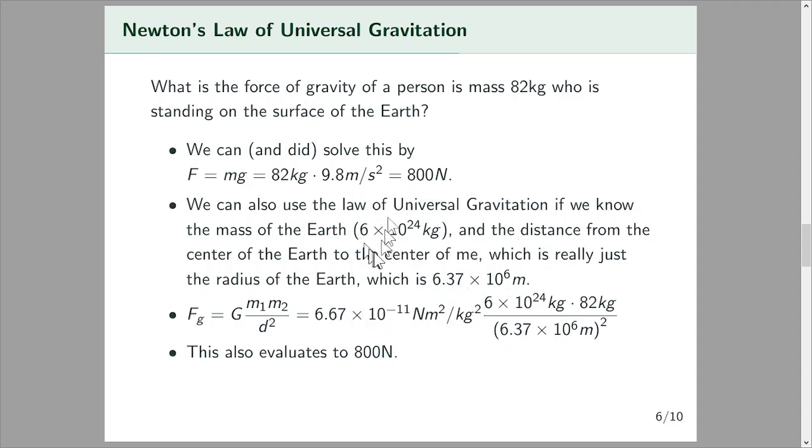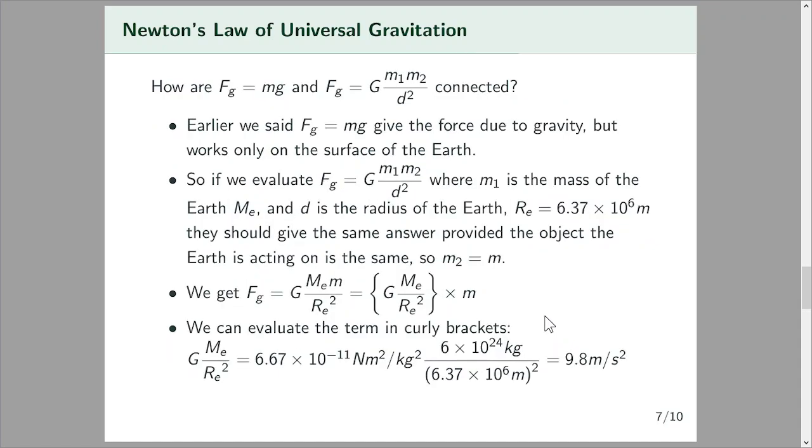It's no accident, because we measure this value, and this value is what's produced by this equation. So let's break that down a little bit. How are these two forces, Fg equals mg and Fg equals Gm1m2 over d squared, connected? We said that both of these are the force due to gravity. If we evaluate Gm1m2 over d squared, where m1 is the mass of the Earth, we'll call it m sub e, and d is the radius of the Earth, we'll call it r sub e, they should give the same answer